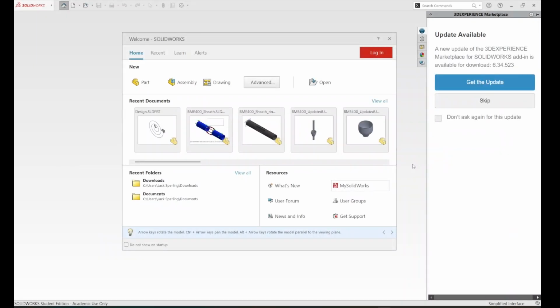When you first open SOLIDWORKS, you will be greeted with a screen that looks like this. Yours will probably not have any recent documents below, but other than that, it will look very similar. Here, we are able to select if we want to create a new part, assembly, or drawing, as well as open a previous file, or view recent folders. We are going to start by creating a part. So if we click